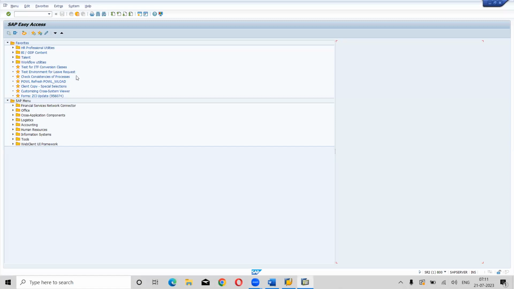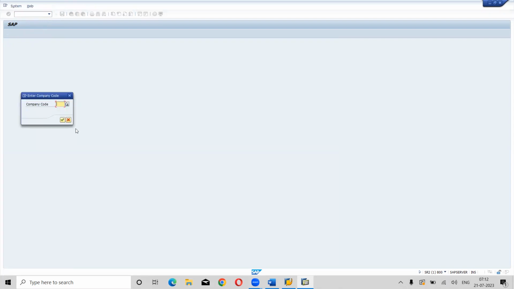For example, this is called the command field. I want to post one invoice, so I'll write, I don't remember right now, FB60. FB60 is the transaction code for posting an incoming invoice. This is the command field where we need to give the command, or you can call it a transaction field, and in this we need to give the transaction code. Initially don't remember this, but I'm showing what we can give in it. So if you press enter,